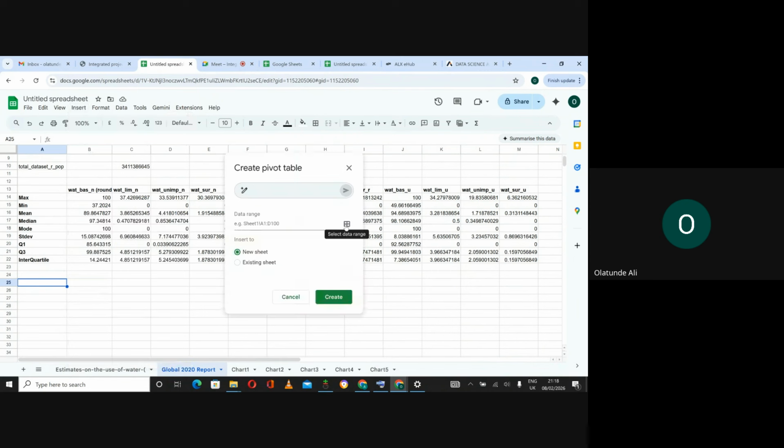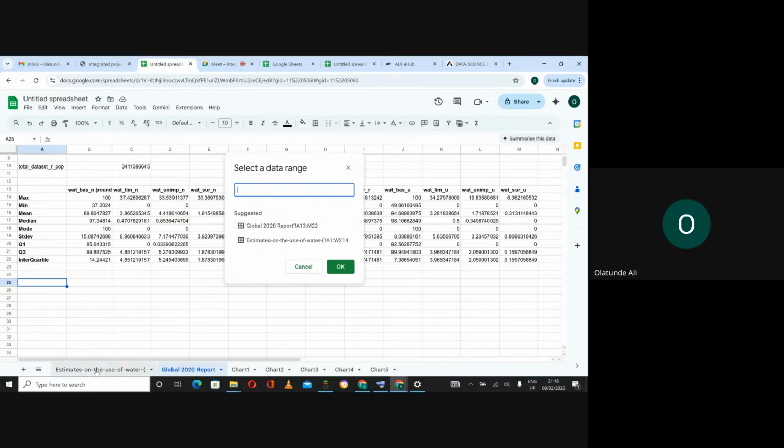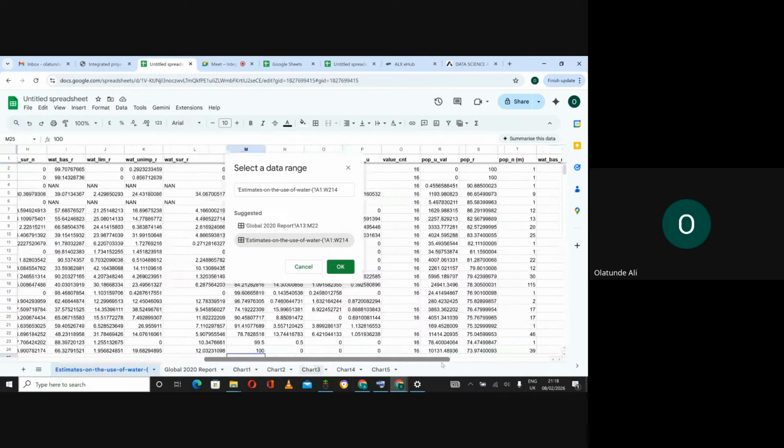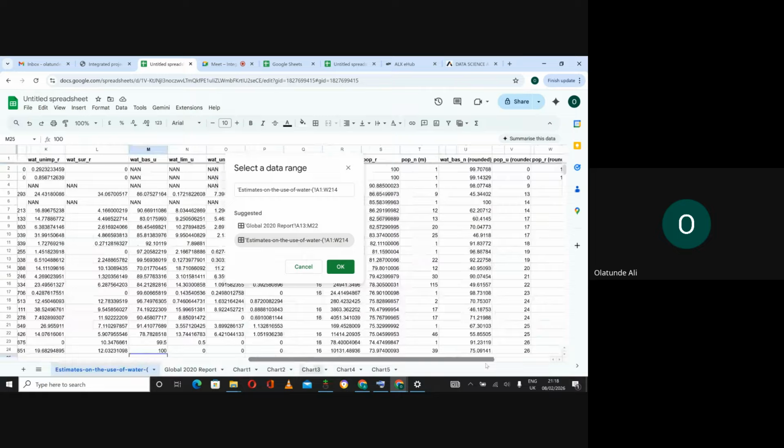So what would be our data range? Our data range would be our old data. So we come here, it has given us this, estimated use of water complete. So from A1 to W214. If you do 214, it will be including all the ones you just created now. So we can't do W214. We'll stop at,